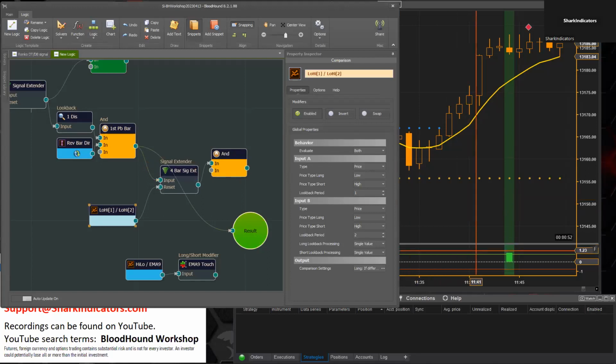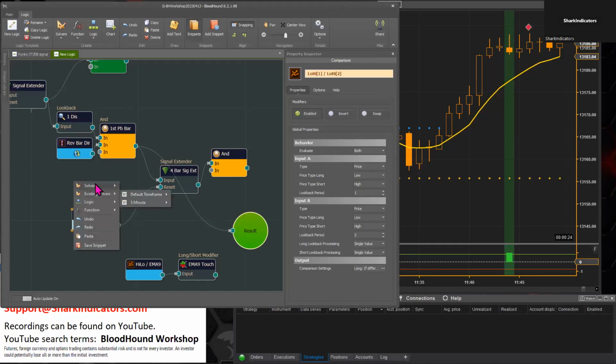Yeah, so I can use this output from the first pullback bar to prevent any kind of a signal from the reset here. So yeah, this is going to get a little complex here, but